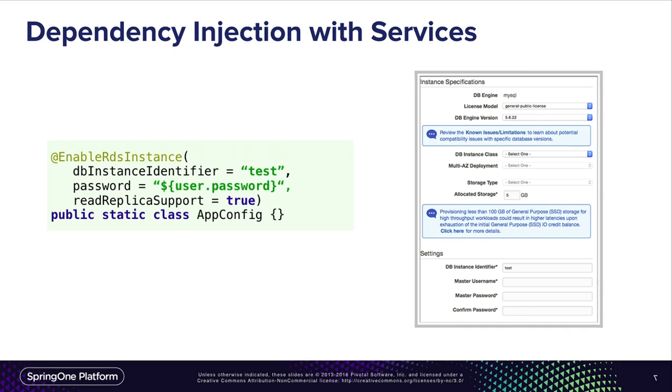And the relational database service can also be consumed. And on dependency injection, what we do is basically don't write code to retrieve the instance details of your RDS instance, but use dependency injection. And this is what we do. For instance, there is support enable RDS instance, which basically fetches all the connection data, all the details of an RDS instance of a database that runs on AWS, creates a data source,